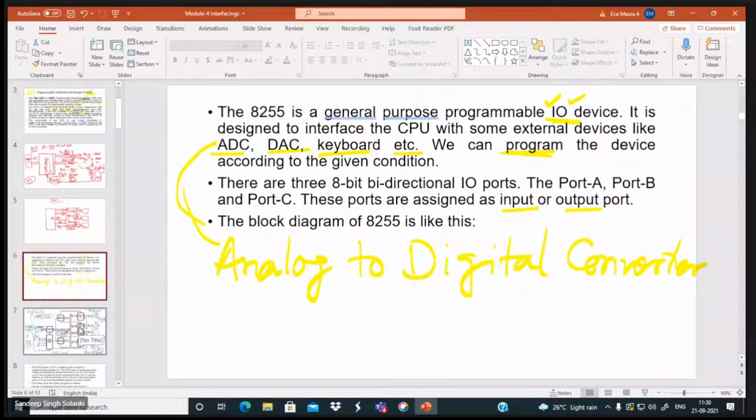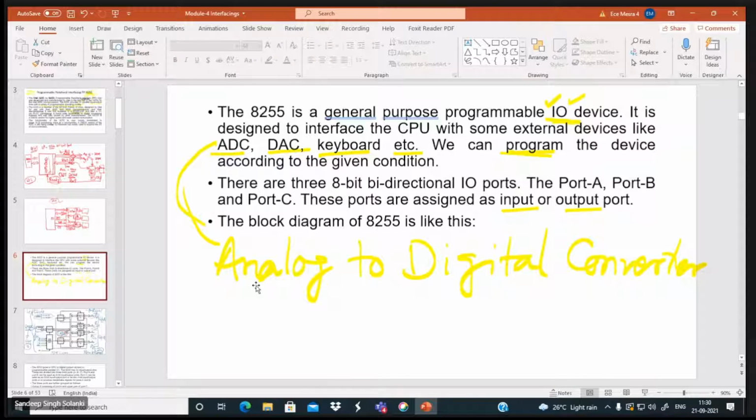Mode 0 is your simple input output mode. Mode 1 is your strobed input and strobed output, and mode 2 is your bidirectional mode. Altogether, how many modes are you going to study? My answer to you is 4 modes.